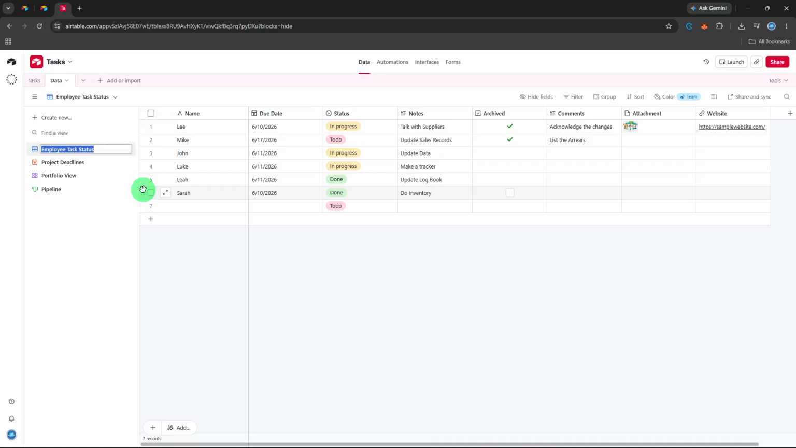When choosing a new name, go for something that clearly describes the purpose of the view. For example, you might use names like Active Projects, Upcoming Tasks, or Sales Pipeline. This makes it easy for you and anyone else using the base to understand what each view is for at a glance. It's also a good idea to keep your naming conventions consistent across your entire base, so everything stays